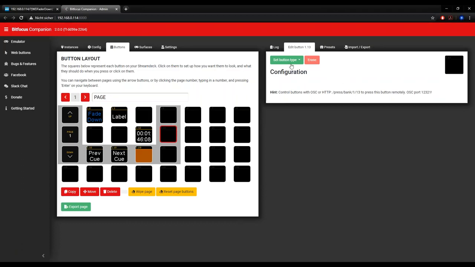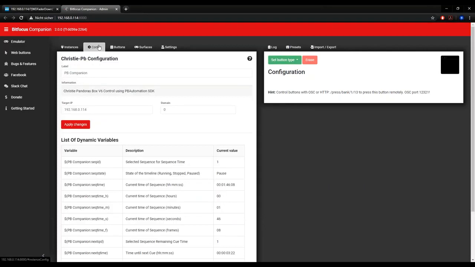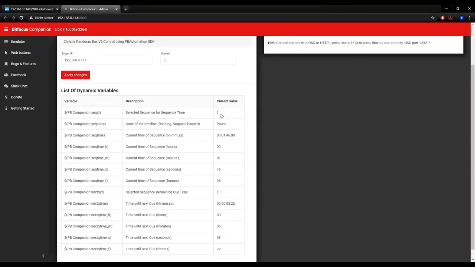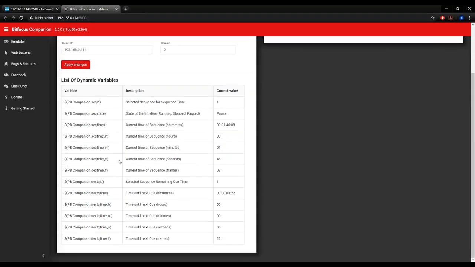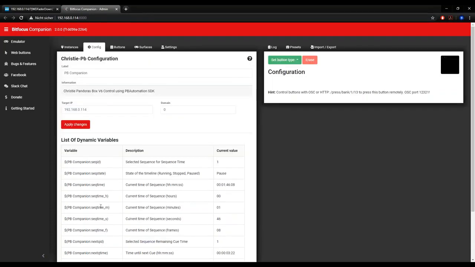So another useful thing is, all those variables, they're all referring to the sequence ID 1 right now. So selected sequence is 1. So all of the variables are referring to sequence ID 1. If I want to change that,